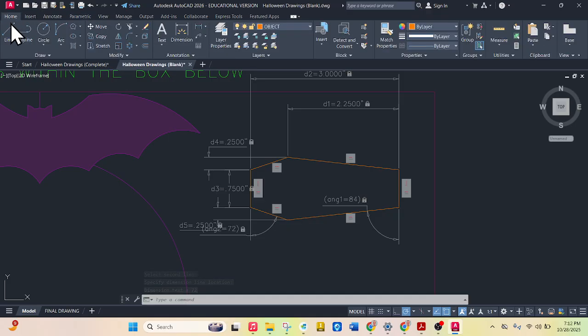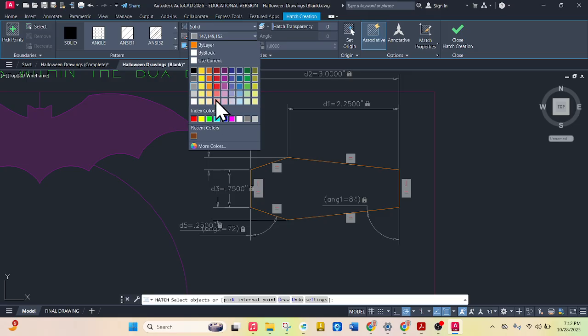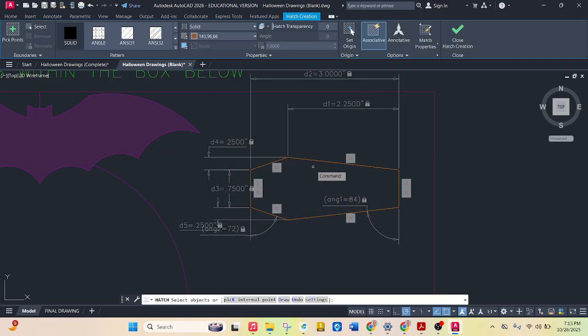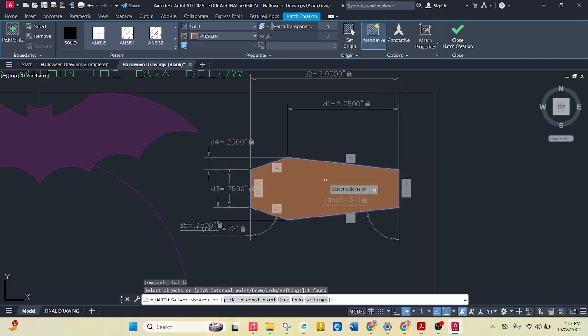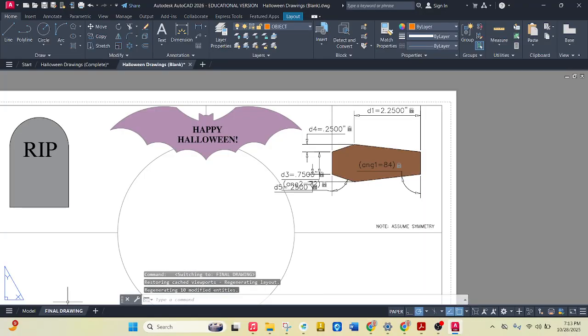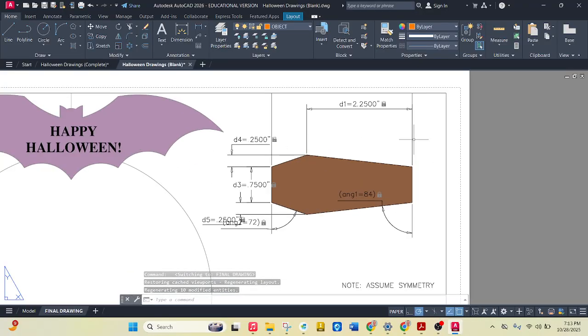So we'll go back to home, use our hatch, and I'm going to use, there isn't really a brown on here, so I can use more colors and kind of find like an orangish brown or whatever. And kind of go there. And then click OK. And I click in here, boom, and enter. There we go. So now if I go back to my final drawing, we've got our nice looking coffin,